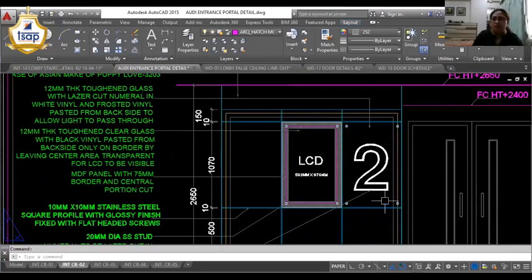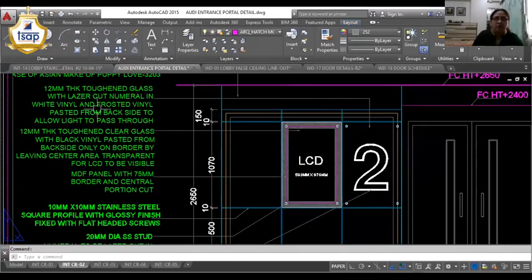So in this particular glass, the rest of the glass is a blue color glass, and only the numerical is going to be seen as a white, backlit element. The rest of the glass is finished with black vinyl pasted from the backside, and only the light element is going to be seen as the translucent portion.